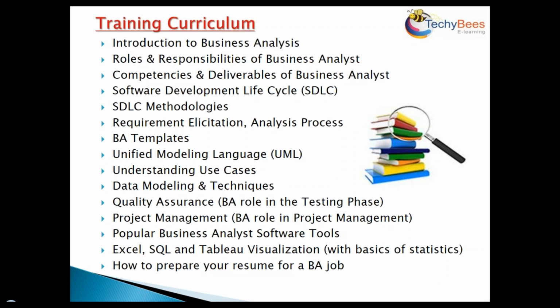and how you create a requirement traceability matrix. There are three types of requirement traceability matrix which we will see in detail. One is business outcome versus the business requirement. Next is business requirement versus the functional requirement. And then we have the functional requirement versus the test cases. RTM is an important activity that a business analyst will be expected to do.